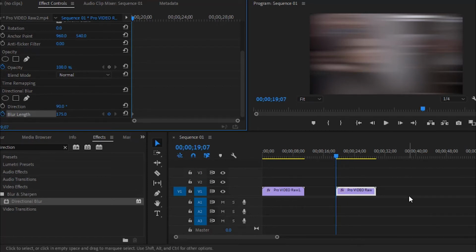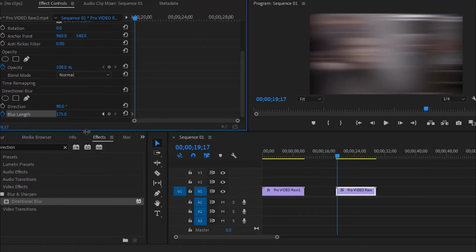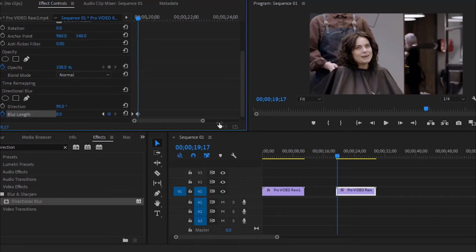Again, we will move 2 steps right using the shift key and right arrow key. This will take 10 frames towards the right-hand side. And we will make the blur length 0. Also, we should not forget the ease out and ease in option for smooth motion.